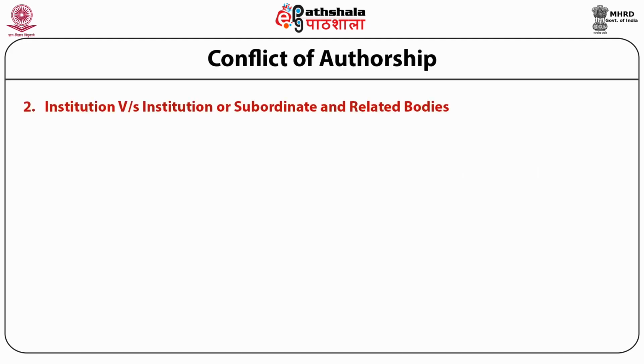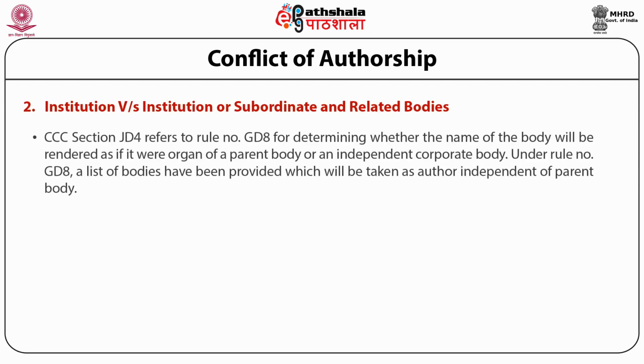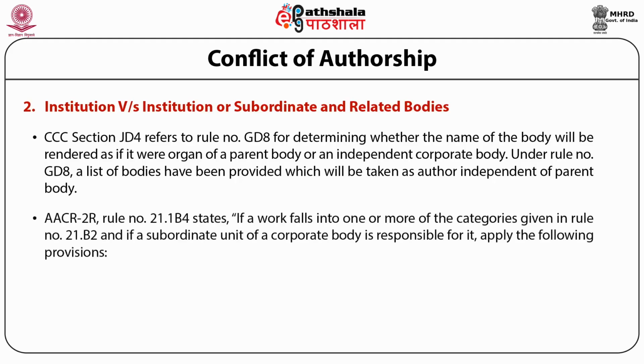Institution versus institution, or subordinate and related bodies. CCC section JD4 refers to rule number GD8 for determining whether the name of the body will be rendered as if it were an organ of a parent body or an independent corporate body. Under rule number GD8, a list of bodies has been provided which will be taken as author independent of the parent body. AACR-2R rule number